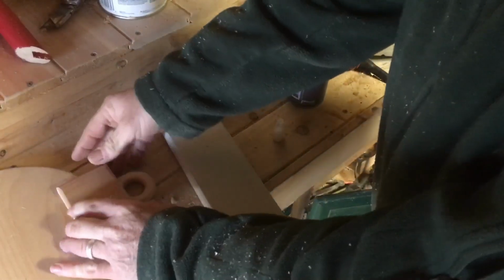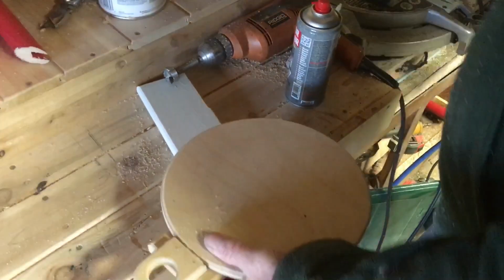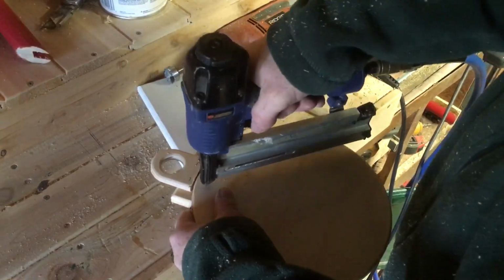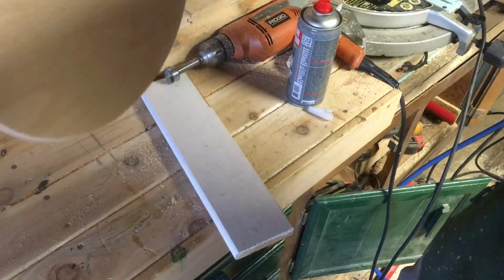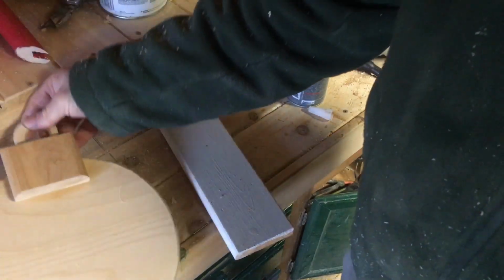Leave it set, pick it up, put in a couple brad staples. That's right, they're mine. I can call them what I want. There we go. So now we got here a Christmas ornament. Ta-da. Now, if we want to get decorative and fancy,